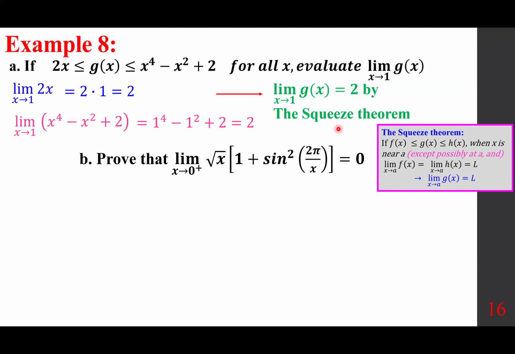Prove that the limit of the square root of x times (1 plus sine squared of 2π over x) equals 0 as x approaches 0 from the right. So how do we approach that? And I want to go over that for everybody. The methodology, when you come across a case that involves sine and cosine and so forth, the sinusoidal functions,